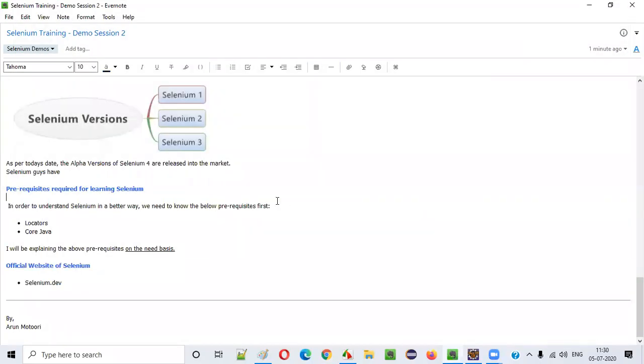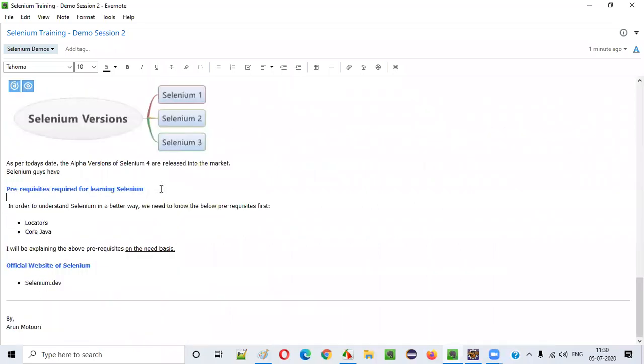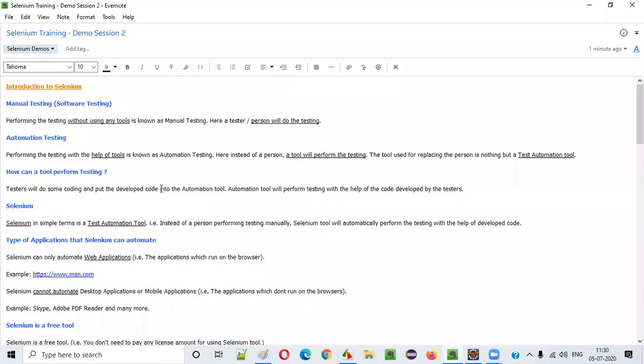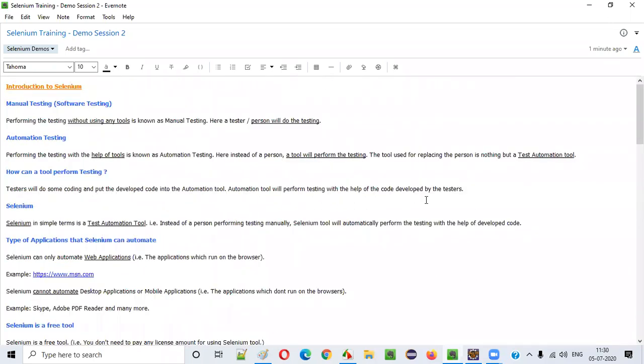So guys, that's it for the introduction to Selenium. Any doubts, guys? Any questions you have? Any questions or doubts from today's session? Is everything clear, like the high level overview or introduction to Selenium? Just type yes, guys. Just type if everything is clear for you and you understood the session.